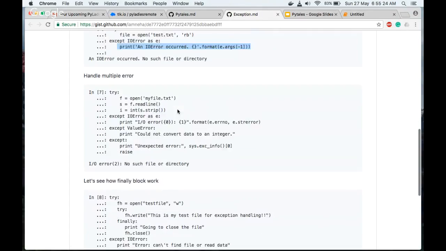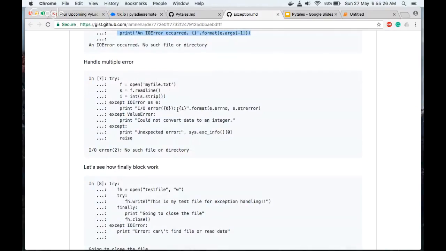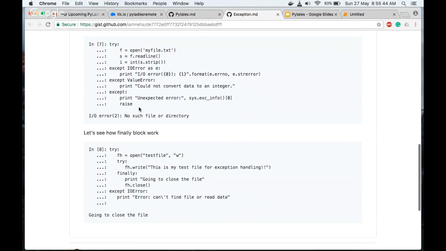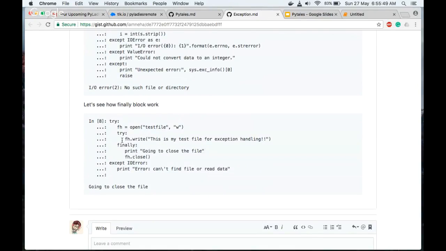So there are different ways of handling multiple errors. If your file has different errors, then you can handle them using this input output error, except value error, and if it is completely okay, then you can just pass this, and you can raise the error also. And we have one more thing: you can try nested try and except also. Here I'm trying with opening a file with write. It will write